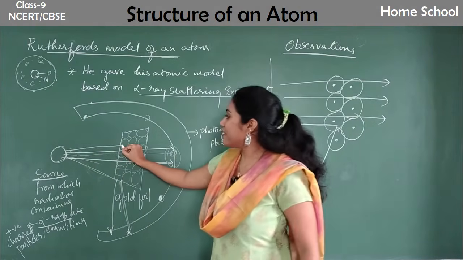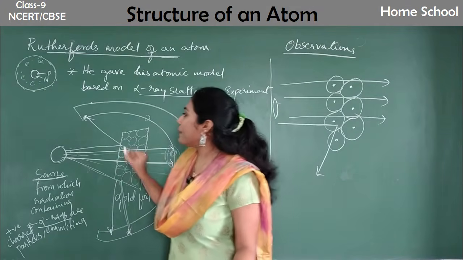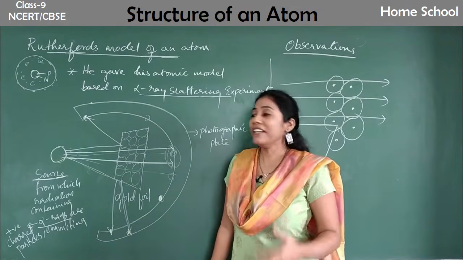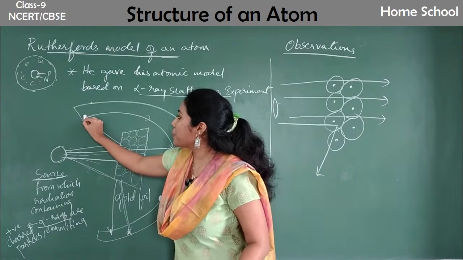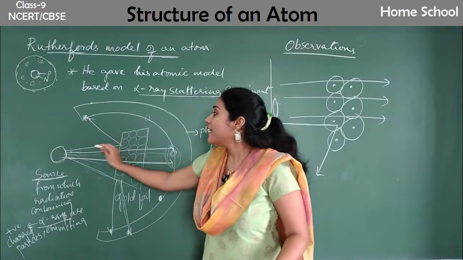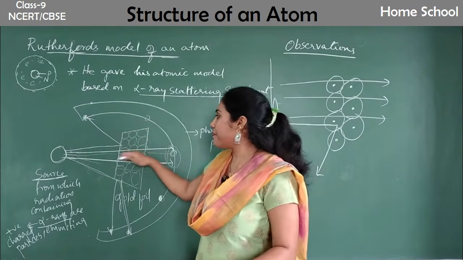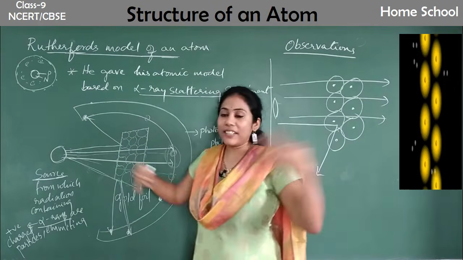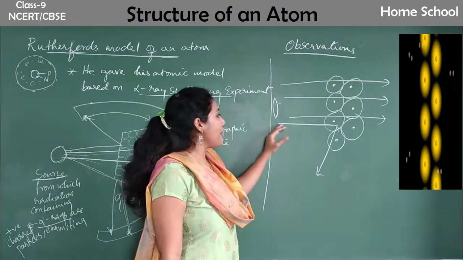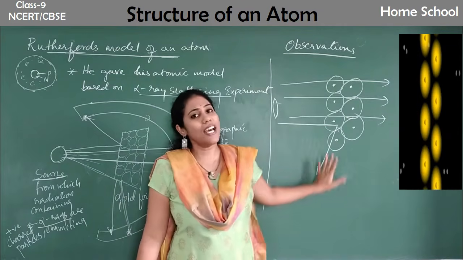That means the rays were traveling in a straight line, and automatically something happened here, so they are going back. They are getting deflected. And how did he know that they are getting deflected? Because in this position of the plate also he could observe a glow. That means the radiation went straight initially and something happened in the gold foil area, so the ray deflected back. So some of the rays deflected in smaller angles and some in larger angles.